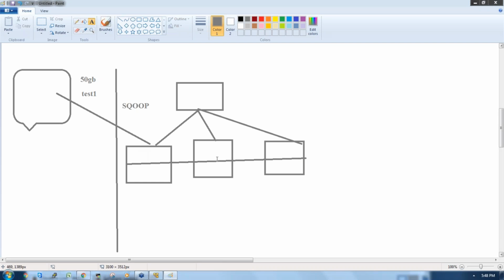So test1 is written to the data nodes in the Hadoop cluster. So in these nodes of the Hadoop cluster, we have the total data, and the number of rows are equally available in all the data nodes. Now I write a query, or I write a program to analyze the data which is available in the file test1. That query I can write in Hive or Pig, right? Once I wrote the query, I got an output. Now I want to send this output back to the RDBMS. Yes, I can export the data, right?